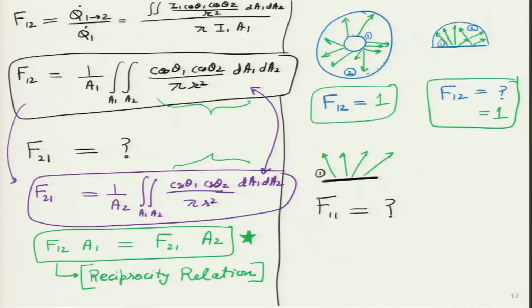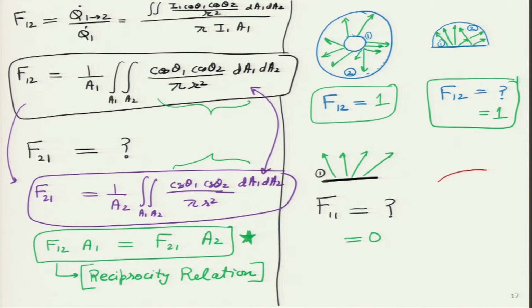Whatever is leaving a flat surface is going out, it is not coming back in and hitting it over here directly. I can put a mirror, in which this radiation, when it leaves, strikes the mirror over here, then it is reflected and goes back over there. But then I have put some obstacle, it is not hitting it directly, which means none of the radiation which is leaving surface 1 is hitting it directly. So, I can put it equal to 0. Is this point clear? Which means I can even define parameters like F11.